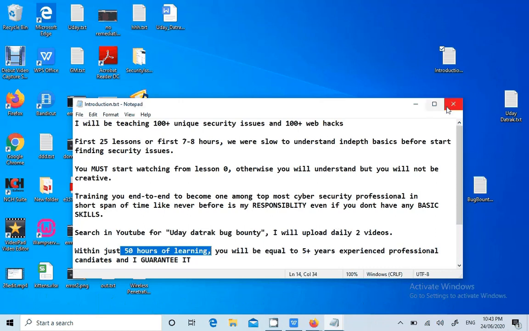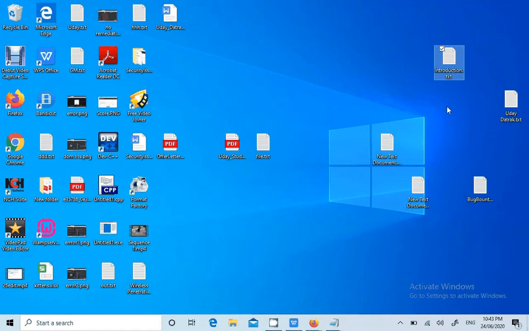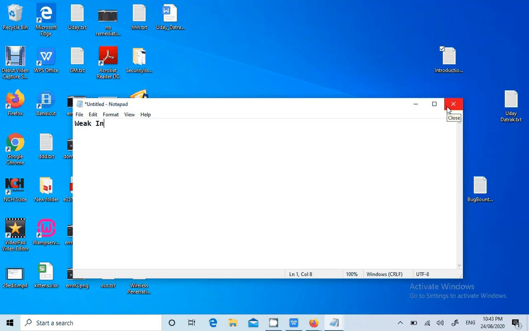So now let's talk about another issue called weak input validation. You should not report this issue in bug bounties, guys, because in bug bounties you need to prove a security issue. That means you have to develop a POC showcasing how it will affect other users. But when you work as a cyber security consultant for any company or any banking application, you should report this weak input validation security issue.